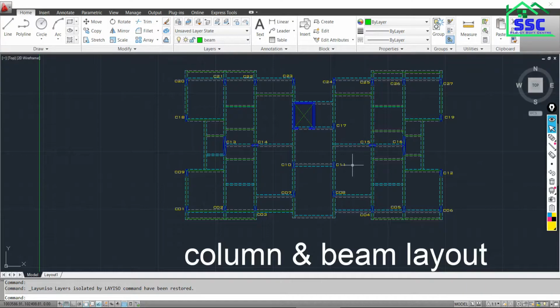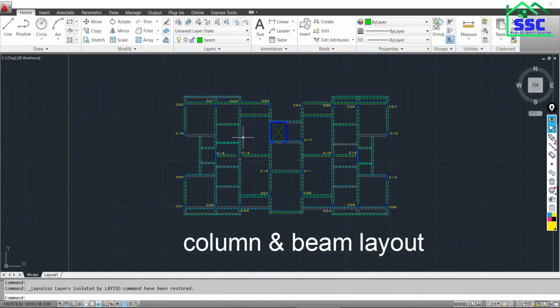How we can prepare this beam layout, what things we have to follow to prepare the beam layouts, all that we will discuss in a very detailed way when we start our live project. Here we only have to focus on how you can export the AutoCAD file, and then how you can import that AutoCAD file in the software. That is our objective. So don't think about how we can prepare this beam layout. It is not our subject right now. Our subject is how you can export the CAD file.